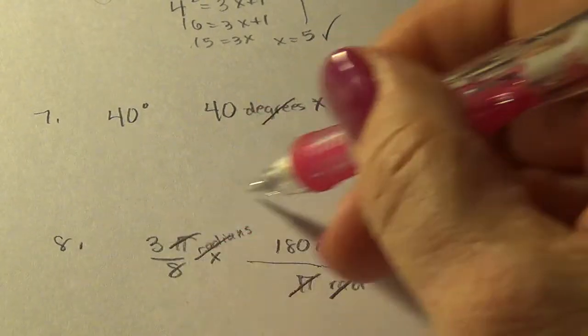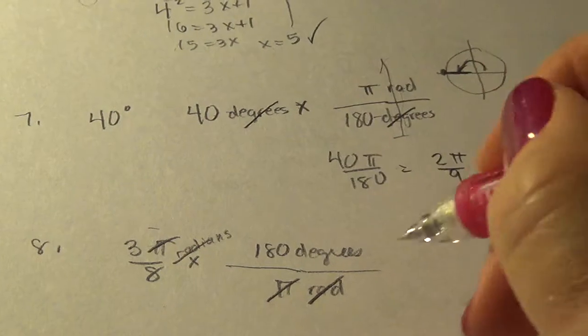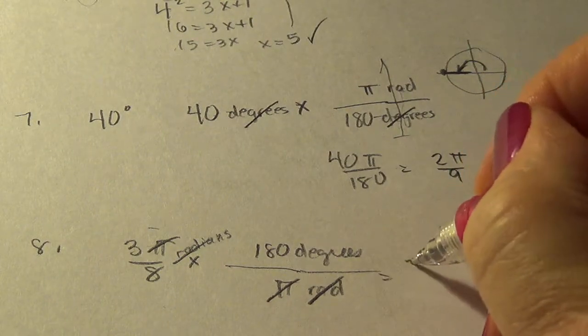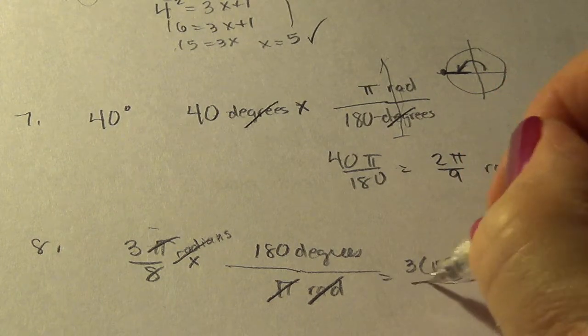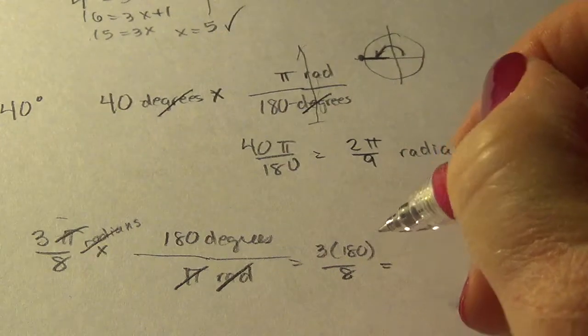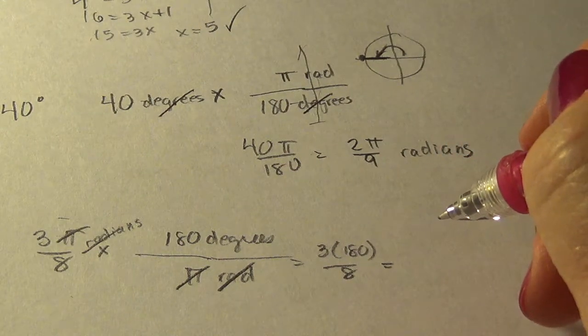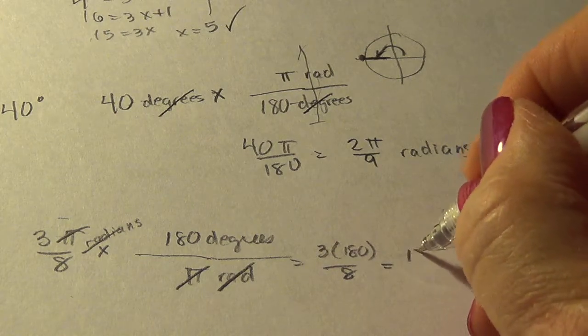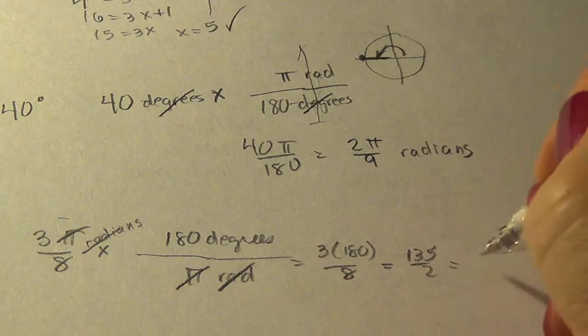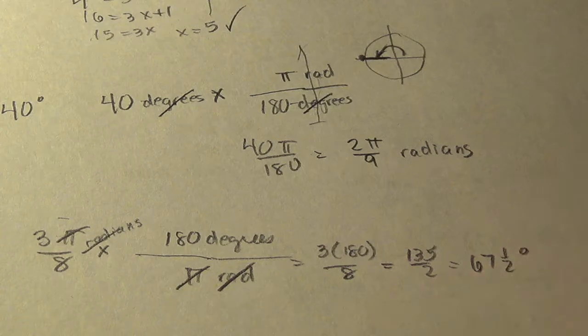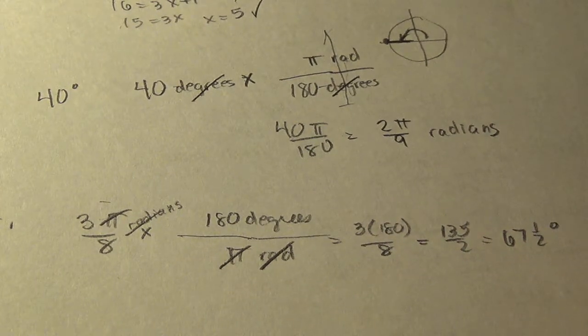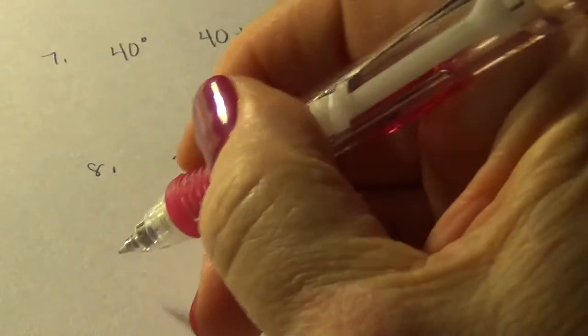Alright, well, anyhow, when I multiplied this out, 3 times 180 divided by 8, I got 135 over 2, or 67.5 degrees. Alright, and you can verify that. Fraction work. Alright. We'll do like 12 problems tonight. The next one, number 9,